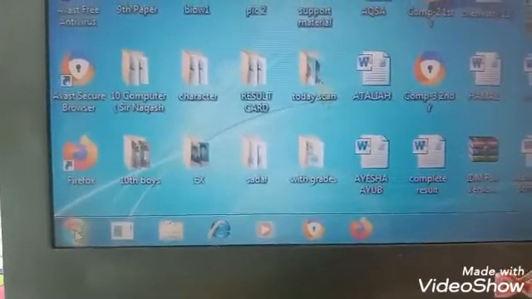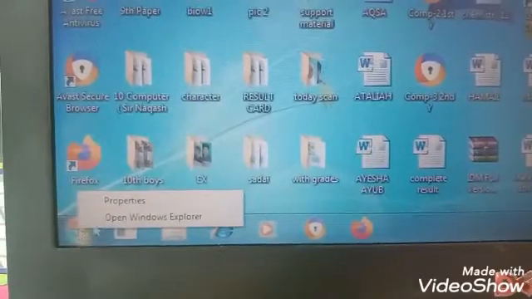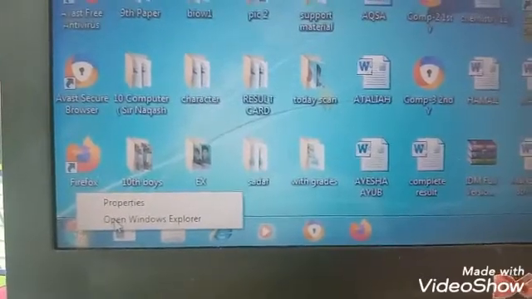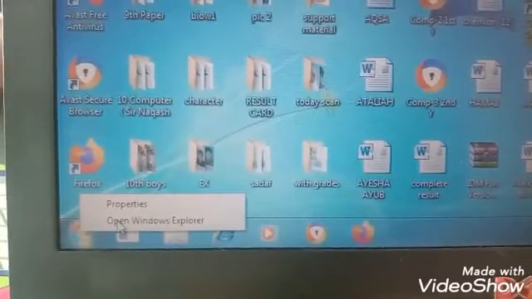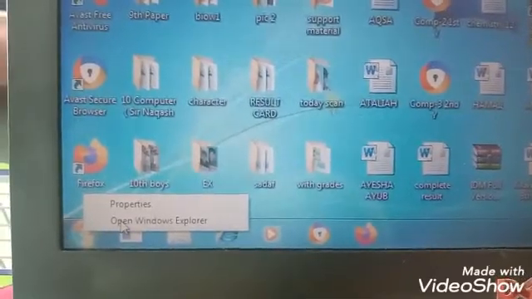Click the Start and right click from the mouse. Open Windows Explorer. Click this sign. This page will appear.